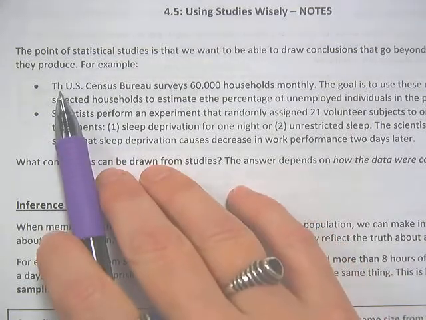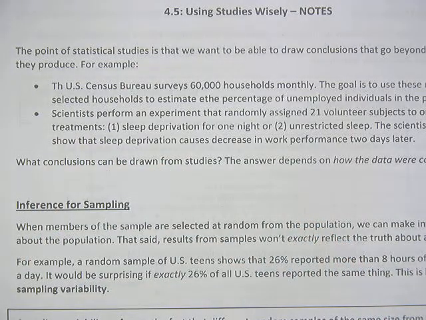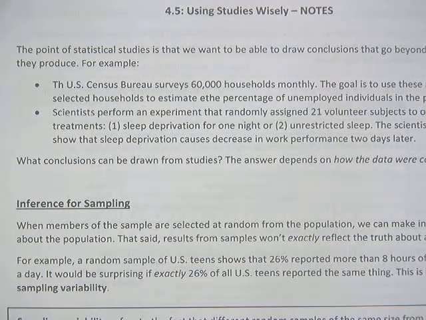Things like, and I'm sorry for the typo there, the U.S. Census Bureau surveys 60,000 households monthly. The goal is to use these randomly selected households to estimate, that should say the, percentage of unemployed individuals in the population. Or scientists perform an experiment that randomly assigned 21 volunteer subjects to one of two treatments and then